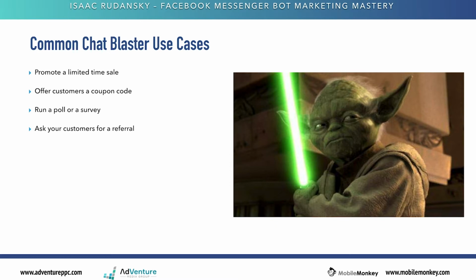That will allow you to ask your customers for a referral. So you could use chat blasts to send out a referral request or a special link that people could share, if you connect MobileMonkey to something like Get Ambassador, and you could send out a referral request or promote our brand request to your happiest and most engaged previous customers. Like I said, running a contest, I'm sure that many of you can think of different ways to engage an audience. We'll build out a chat blast in this lecture about running a contest.